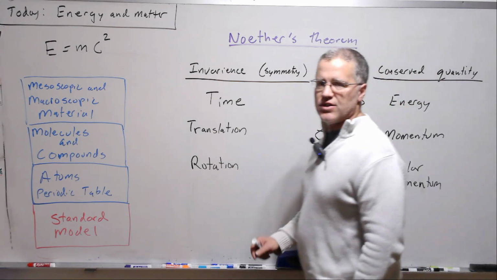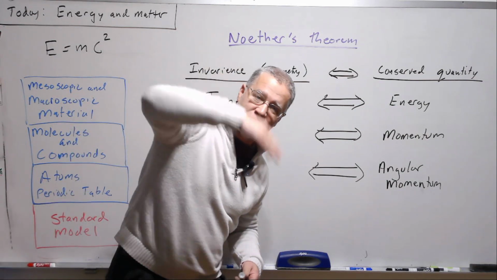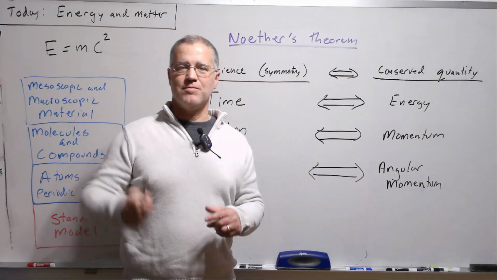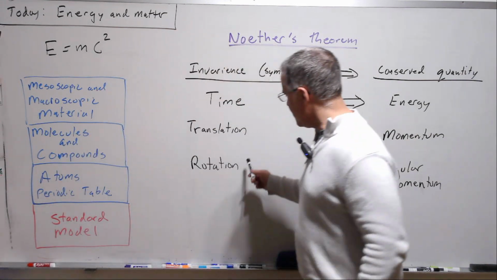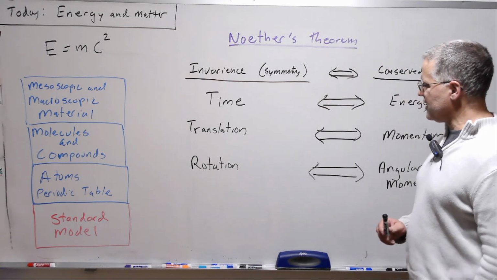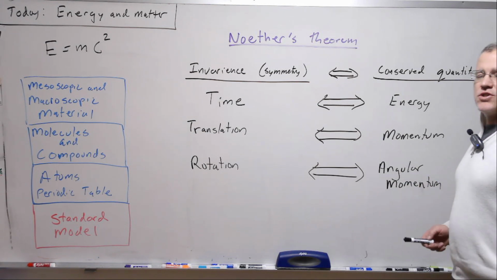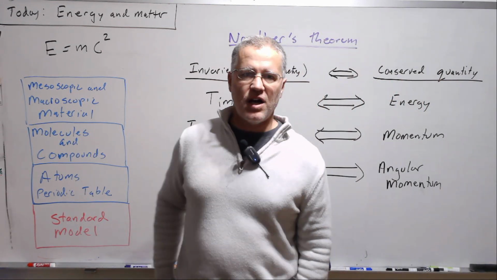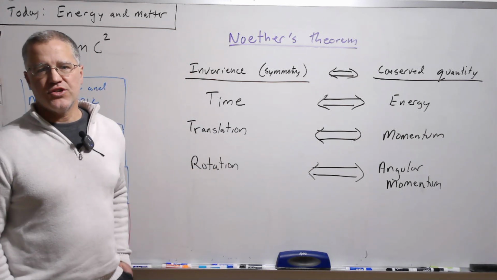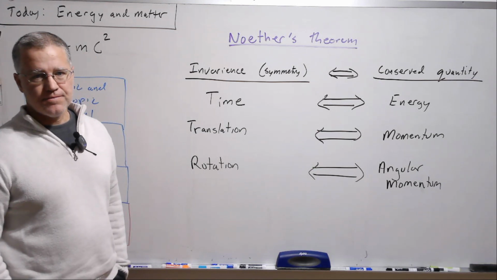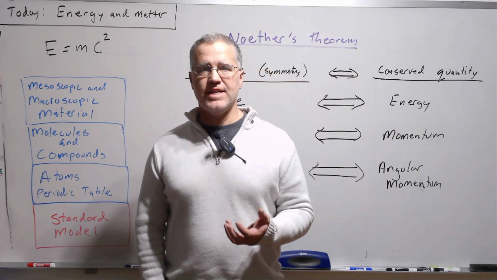And finally, rotation. So again, here in Minnesota, if you're on the other side of the world watching this, and we're totally upside down from each other, we're rotated, the physics will be the same. And so there's a rotational invariance to the laws of physics, and the conserved quantity here is angular momentum. So the law of conservation of angular momentum is the partner to rotational invariance. Now, this of course cuts to the very depth of why nature works the way it is.